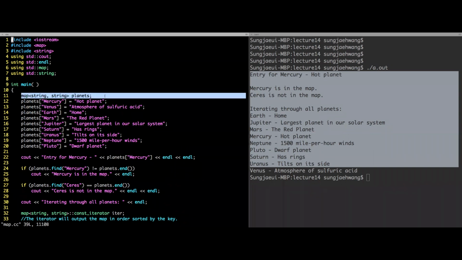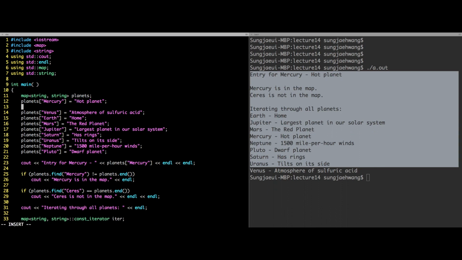Here we are declaring the map container. The first and second elements are both string values. And we said that we can store the elements using a square bracket notation. So using these square bracket notations, we are storing 1, 2, 3, 4, 5, 6, 7, 8, 9 elements. So this line will be stored as